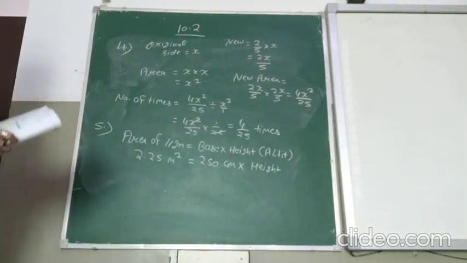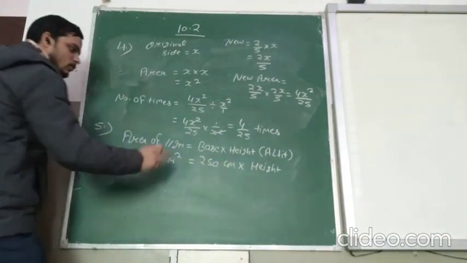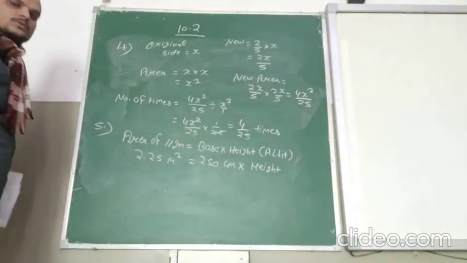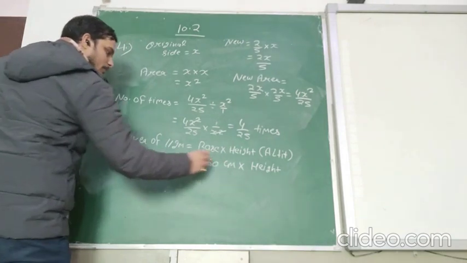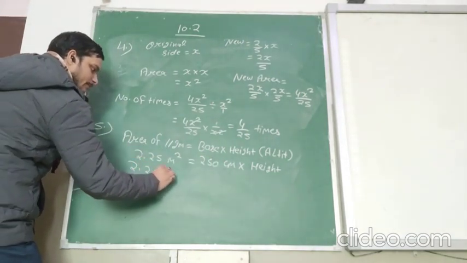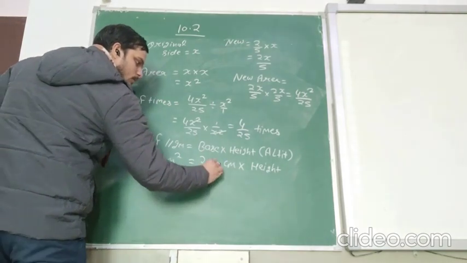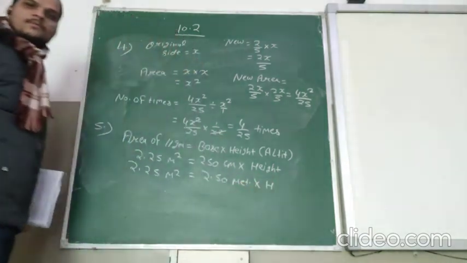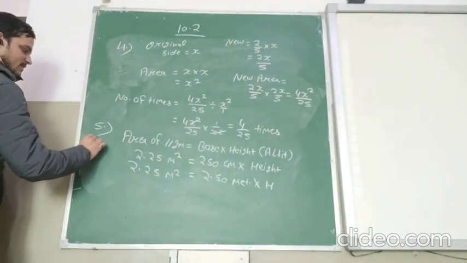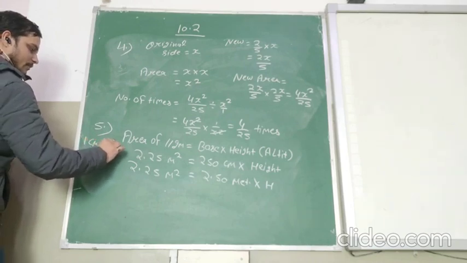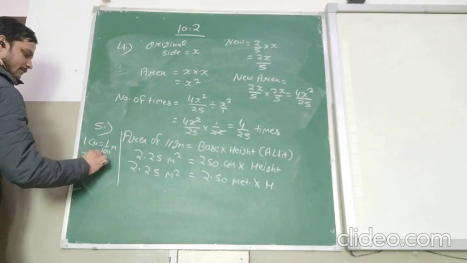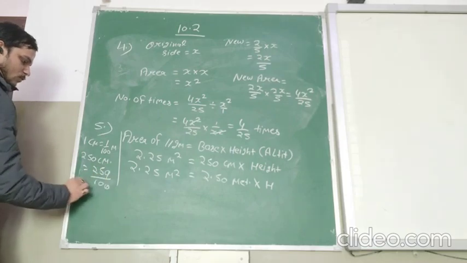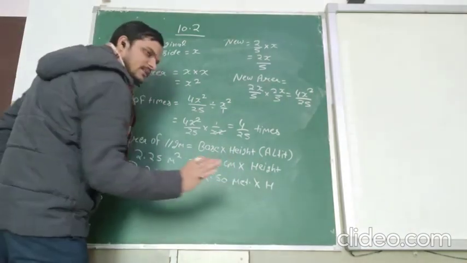Okay. Now you have to find out the height. अगर ये दोनों की सेम होगी तो बहुत इजी हो जाता है. But this is centimeter and this is meter square. So first of all, you have to convert it to the meter, and that would be 2.50 meter. How you can say this? Because 1 centimeter is equal to 1/100 meter. Then 250 centimeter is equal to 250/100. Then 2.5 can say 2.50, both things are same.